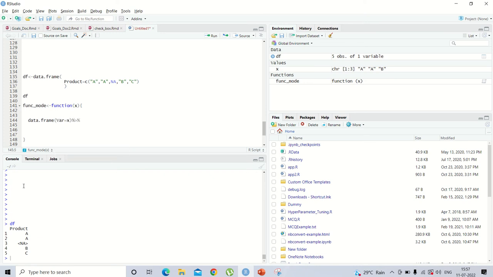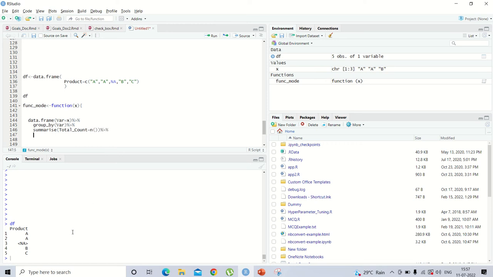Now what we need to do is we have to basically group this. Once the data frame is created with the variable var holding the character vector values, we just group it by var, and then we take the total count of the unique values, total count. So this will be equal to this,